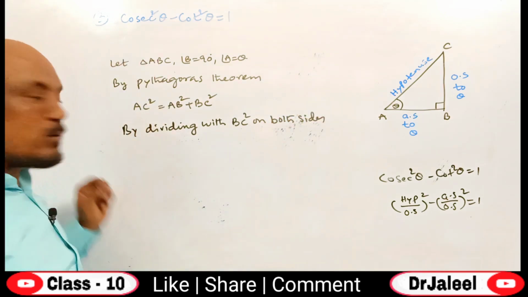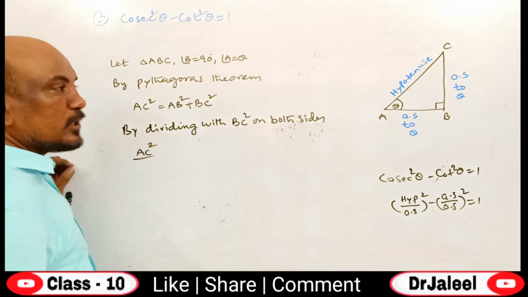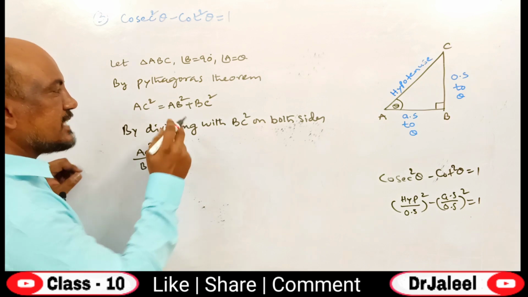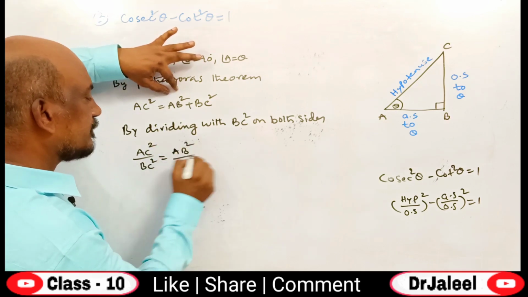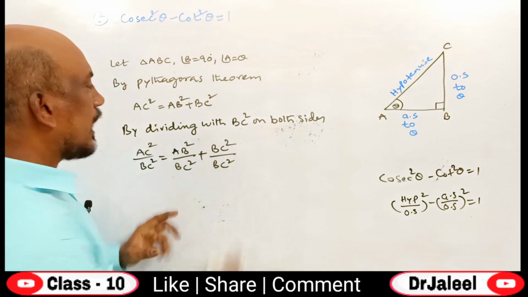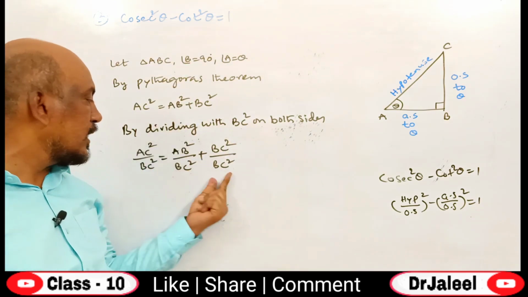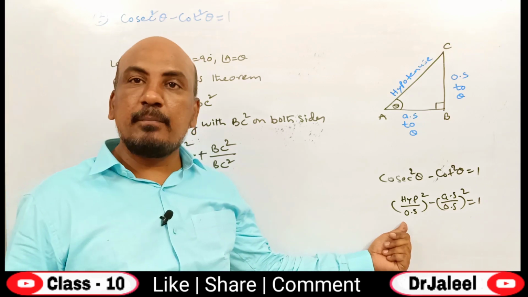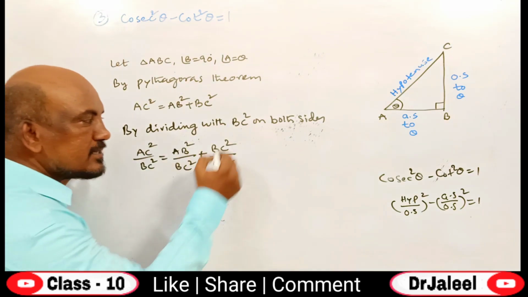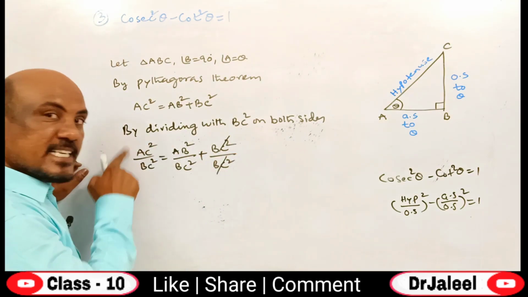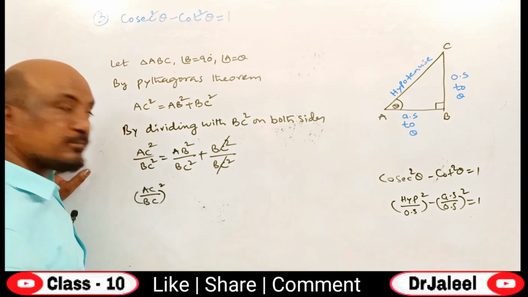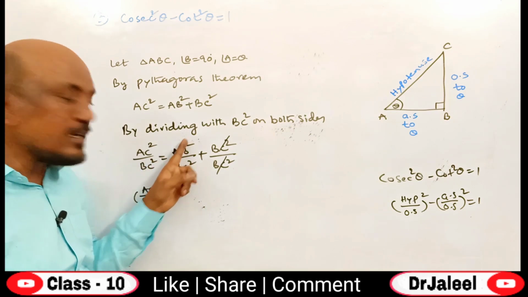So what will happen on the left side? What is there, beta? AC square is there. With what you will divide here? Opposite side. That is nothing but BC square. So AC square by BC square is equal to again AB square by BC square plus again BC square by BC square. So on both sides we have divided with BC square. Why did we divide with BC square? Because we need opposite side in the denominator and opposite is BC. So children, here can you cancel anything? Yes, these two can be cancelled. AC square by BC square, so you can write it as AC by BC whole square is equal to AB square by BC square.